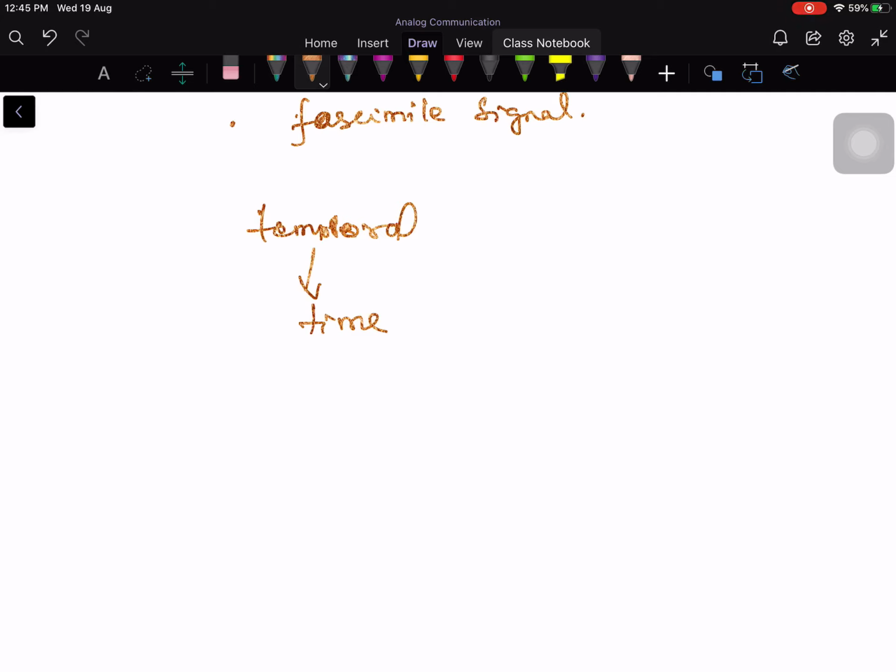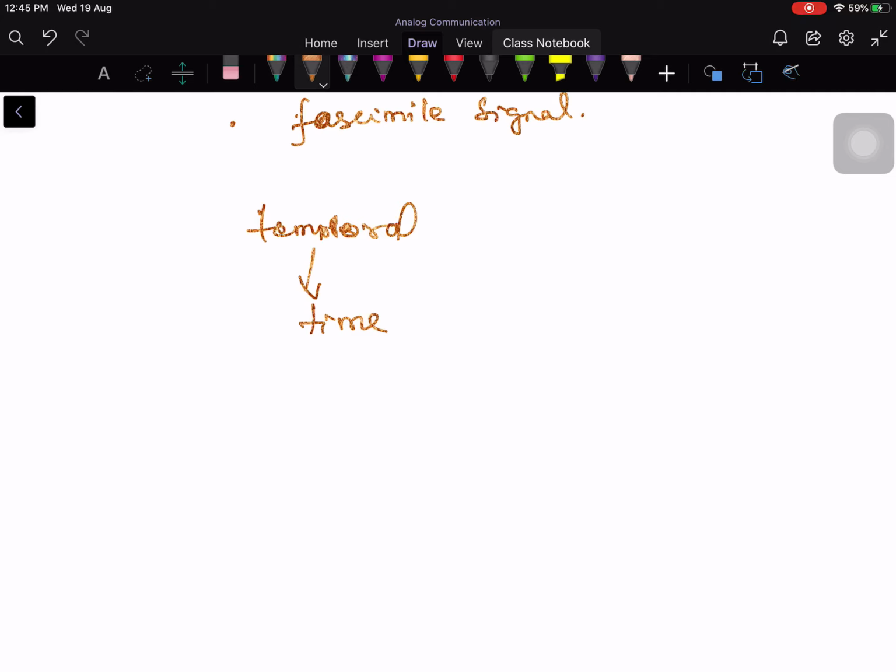If the scanning is fast, it essentially means that the signal that we transmit will have a large bandwidth. At a fast pace you are scanning it, that means the frequency is also high, and therefore the bandwidth is also high, because the bandwidth is related to the rate of variations of the signal. If you are scanning at a very fast rate, it will lead to a very large bandwidth signal. So I am just giving you information. This is a good point for comparison with your voice signal.